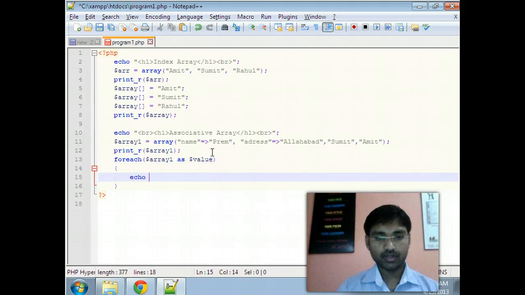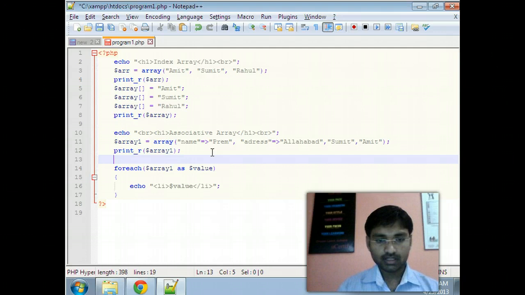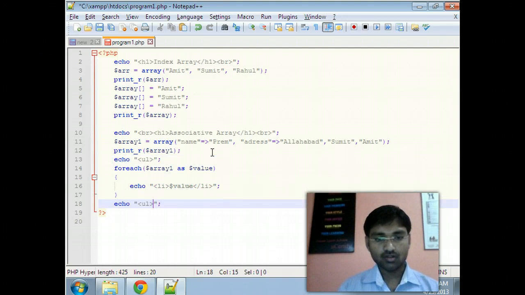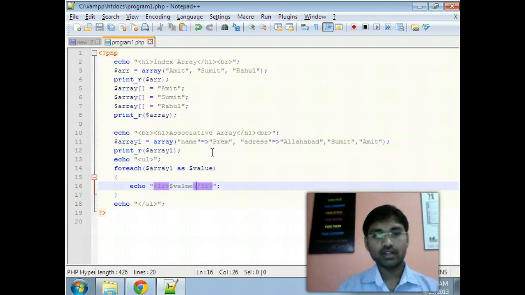Here I am just going to print UL LI to show the values of the array, and I am going to put the value $value. Before starting the LI, we should also start UL. So I am going to open UL, and after the loop I will close the UL tag. So here each iteration will perform on this array, and one by one the values will show in UL LI.